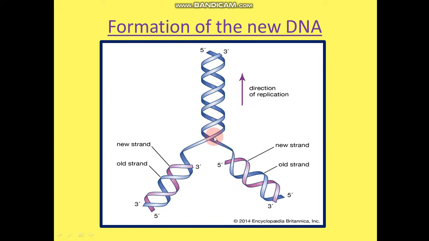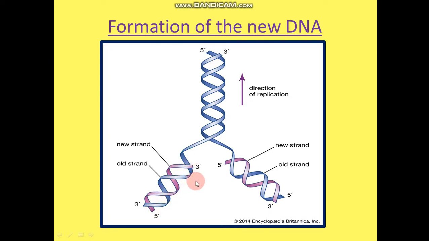The parent strand is separating into two strands. Blue color one is the parent strand. Now one parent strand is opened this way and the other is going that way. Now every parent strand is getting a complementary strand synthesized, which I have denoted here with a pink color. Can you see? The blue one is the parent strand, whereas the pink one is the new strand which is being synthesized on the parent strand.